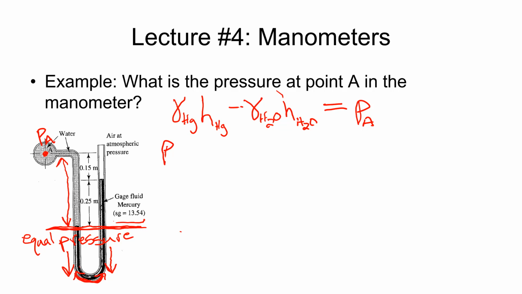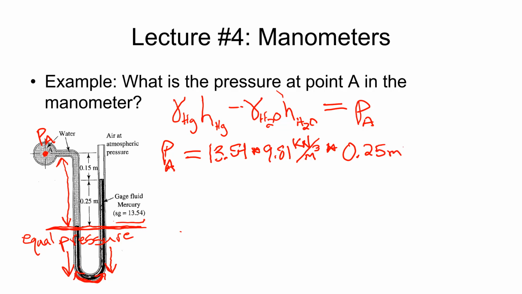I'm going to write it out. I always like writing it out so that I write what I'm solving for on the left-hand side of my equation. So I'm just going to basically flip the equation. No signs or anything are going to change, but rather than having the PA at the end, I'm going to say that PA is equal to, and then for my specific weight of the mercury, I've got 13.54 times my 9.81 kilonewtons per meter cubed, and then times the height of my mercury, which is going to be 0.25